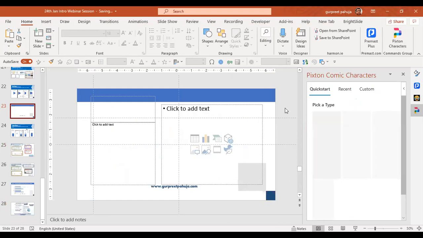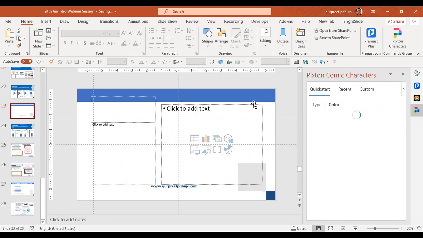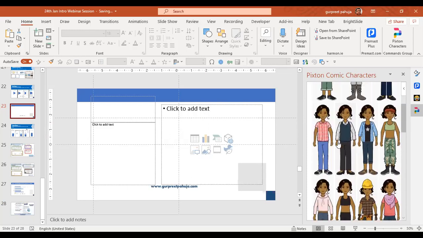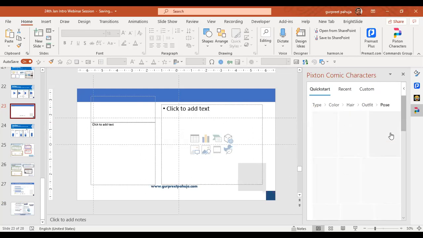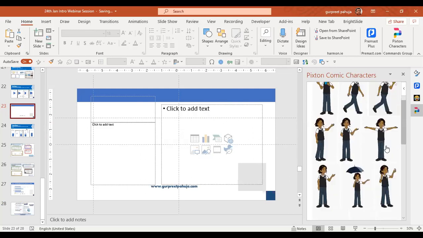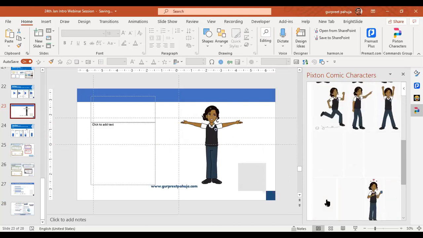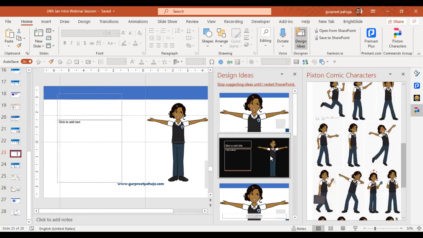So you get started. You have a lot of shapes. You select one shape, then you select the color, how you want it. Then the hair, I'm just taking it. Then you can do a lot of these changes. Suppose you want this person, you can add it, and the different poses. You can add different poses, and you can start telling your stories. This is very helpful.